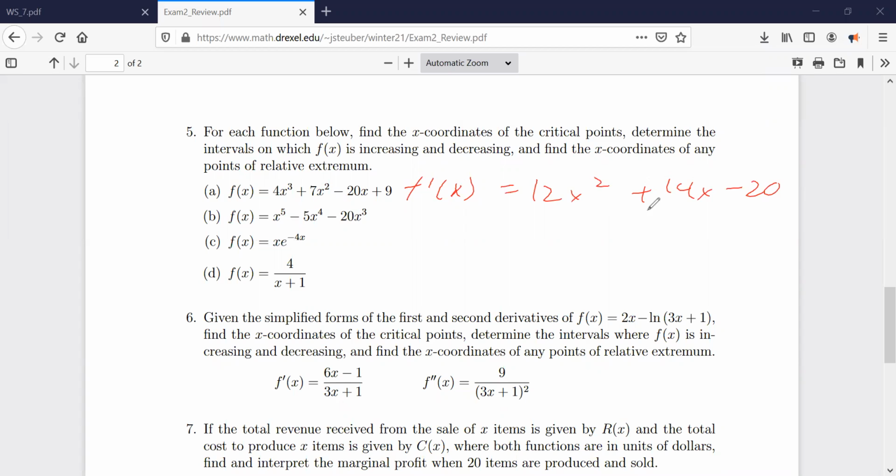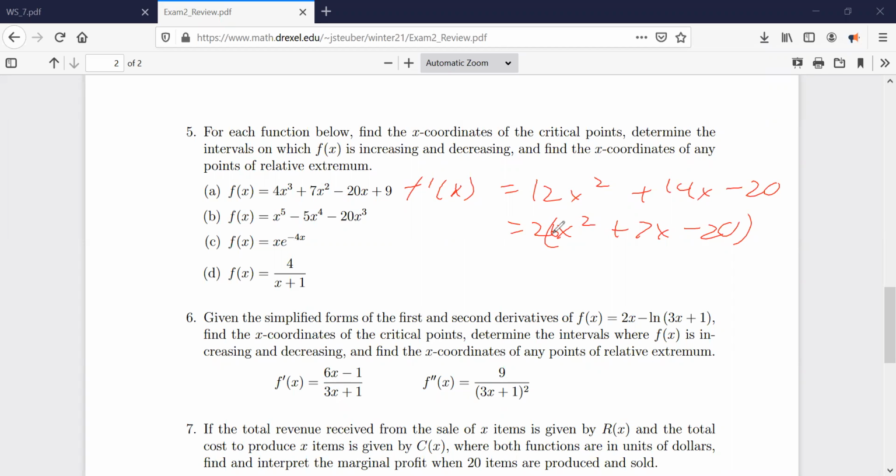I can pull a 2 out of this whole thing to simplify it a little bit, and that gives me 2 times 6x squared plus 7x minus 10. To factor this, I would suggest using the quadratic equation